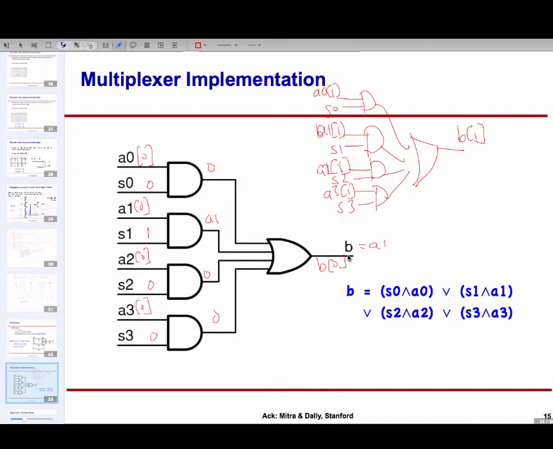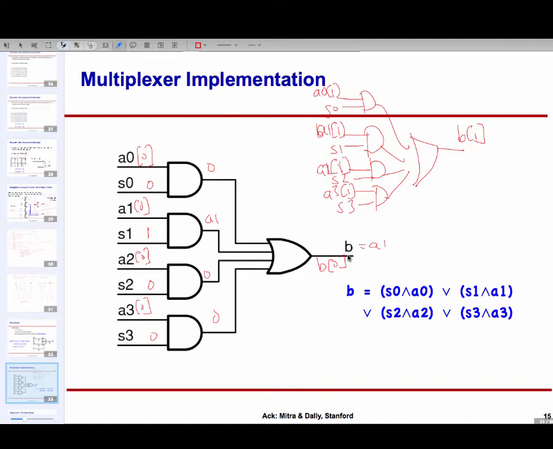If I want to create a 2-bit version of this multiplexer, so 4 sources and 2 bits, then all I have to do is make an extra copy of this and feed the second bits of the A's to that, but the S's remain the same. Because when I say S2 is high, I mean the lower bit and upper bit of A2 map to the lower bit and upper bit of B. So if I want a 32-bit multiplexer, I make 32 copies of it.